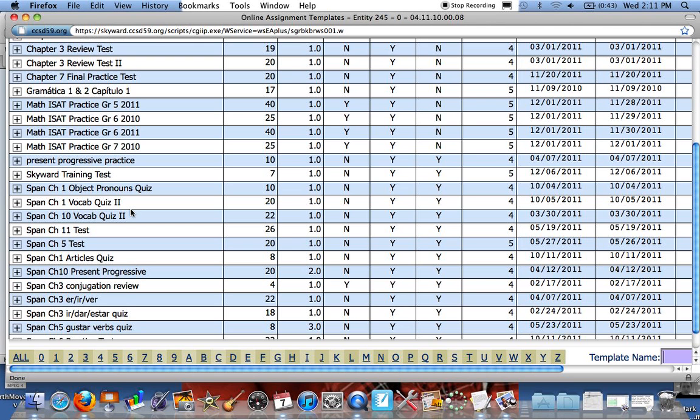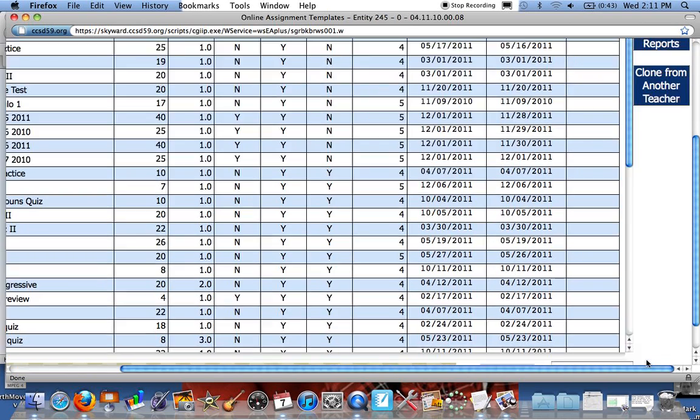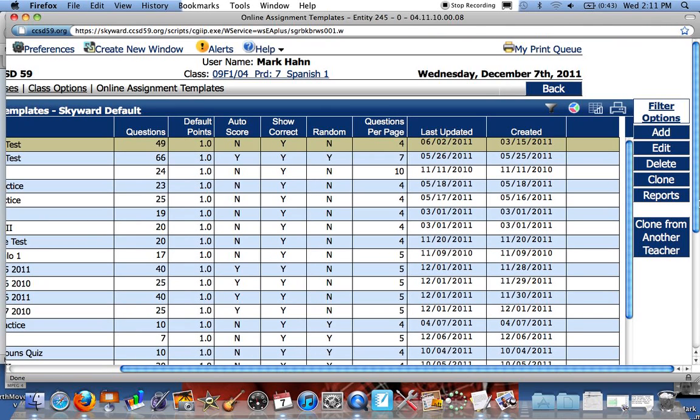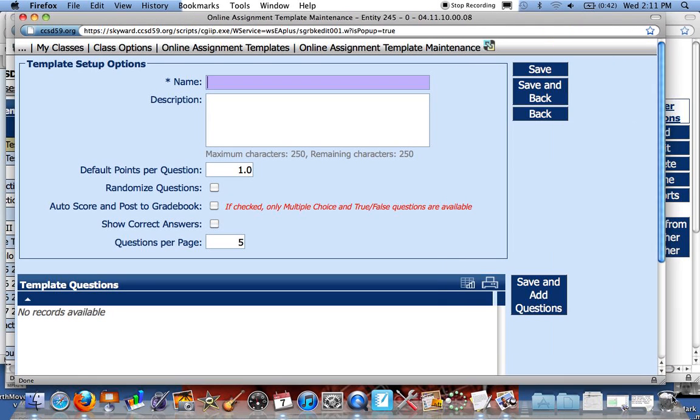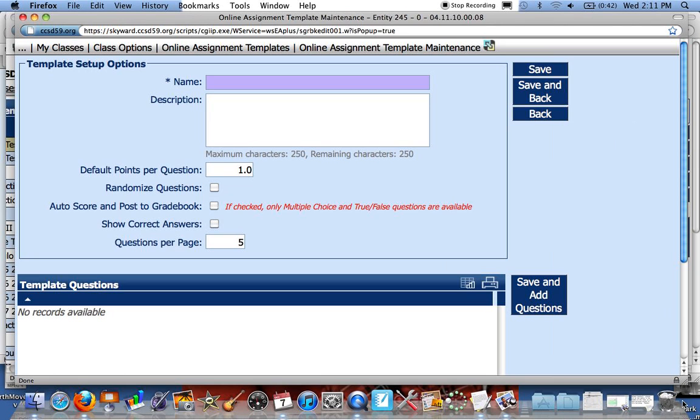So if you're wanting to start one from scratch, we all do essentially the same thing. I'm going to go over here to where yours looks, and it's got add. That's all we're going to do right now. Just click on add. So you should all come up with a screen that looks like this, that kind of asks for a few